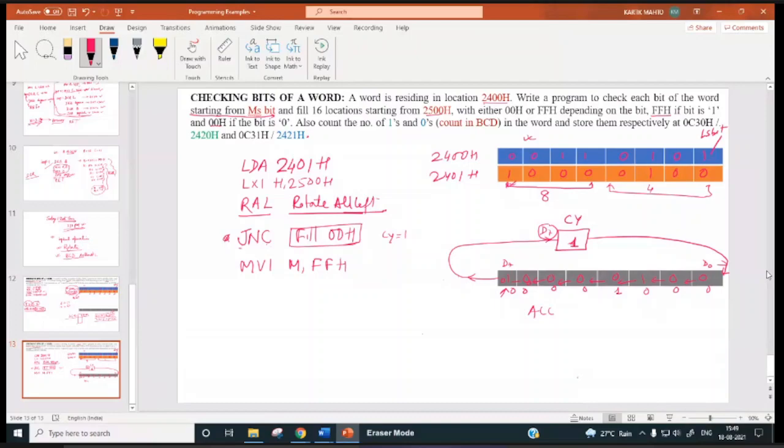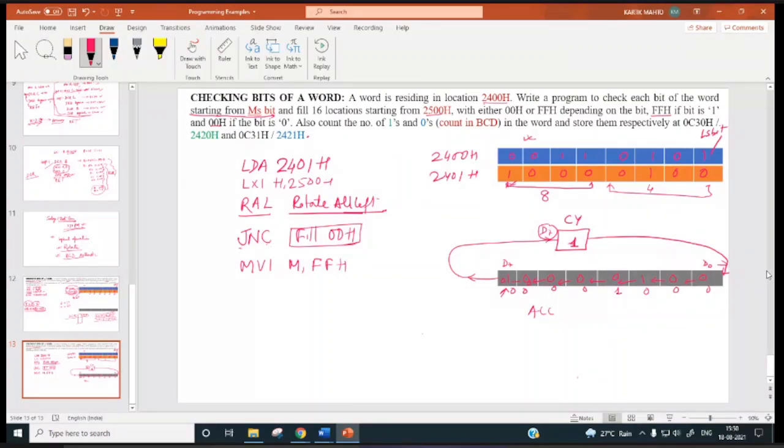What exactly is this instruction going to do? MVI M FFH. Hello? Sir, it will move the data FF to the M location in HL register. Memory location pointed by HL register.